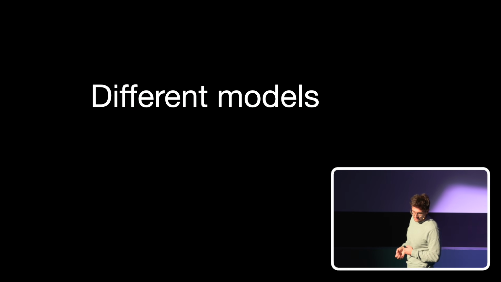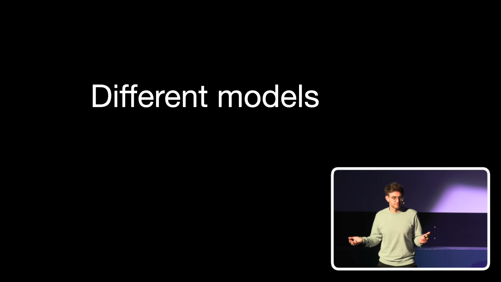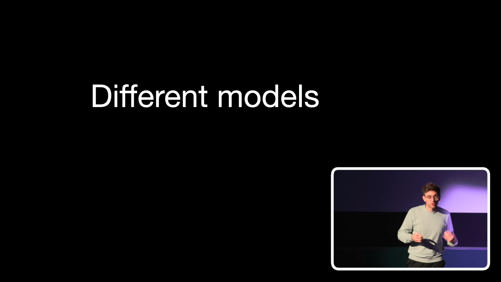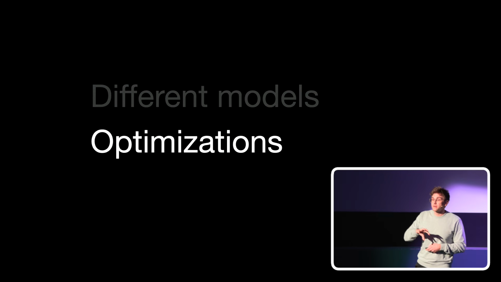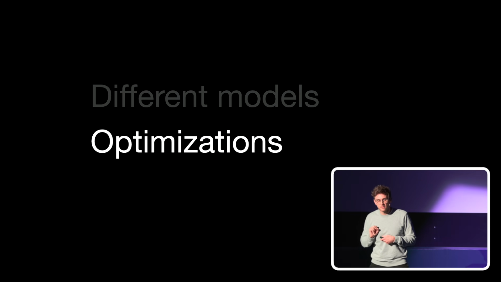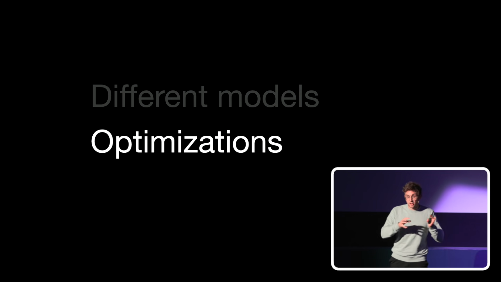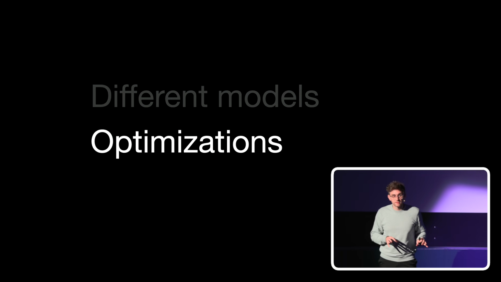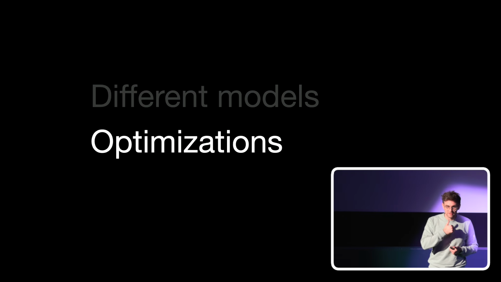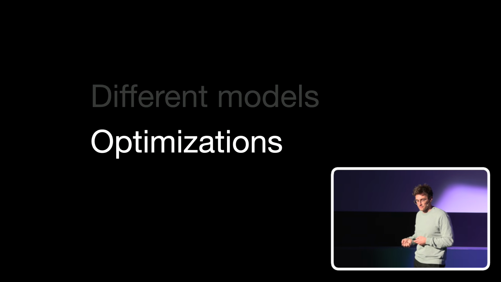So when we think of these things as problems, we have a few ways to tackle that. And the first one would be to use different models. And we don't need to rely on these two that I showed you, but there's quite different models out there. The second one is that we can do optimizations. We saw that for the Llama model, which was this 4-bit quantized model, which told us it's optimized because just the memory footprint is smaller, and with that the model